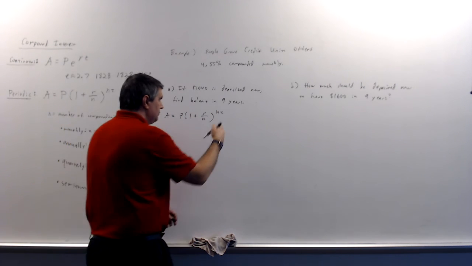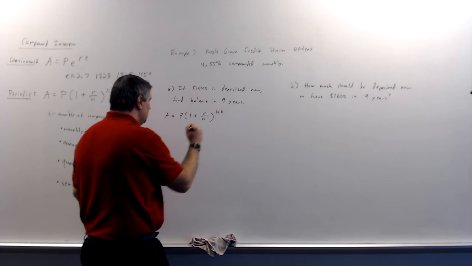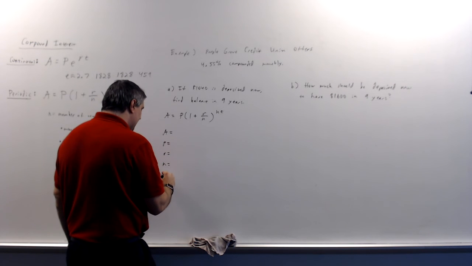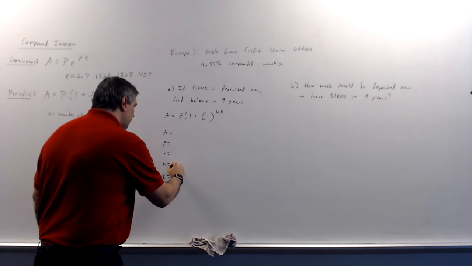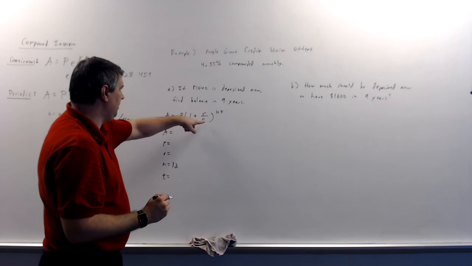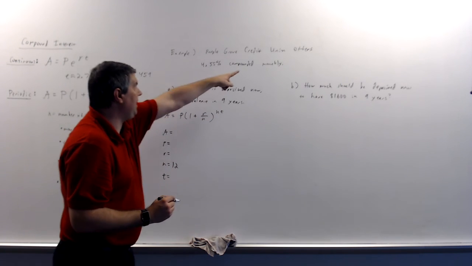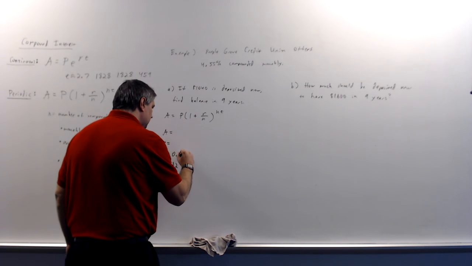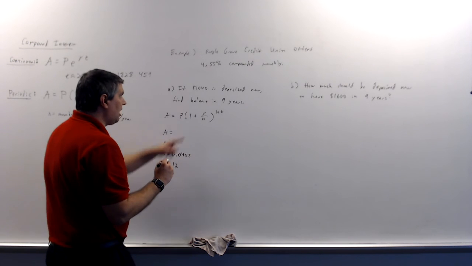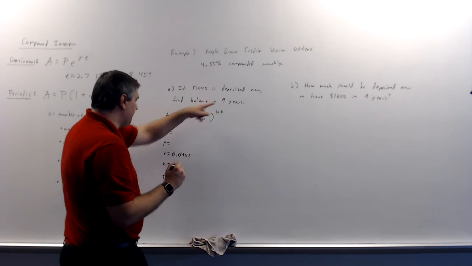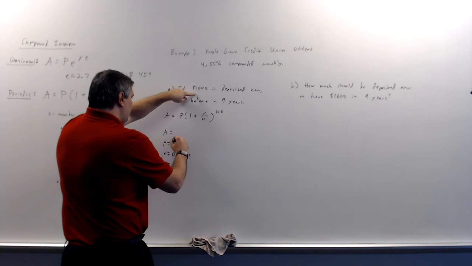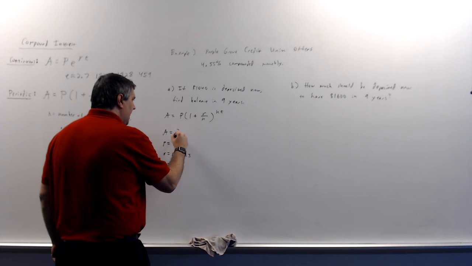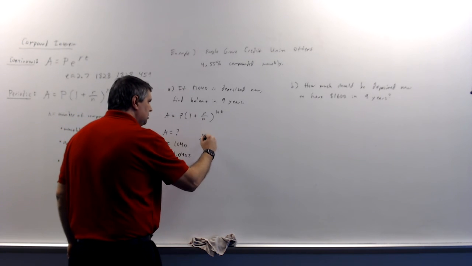So A equals, P equals, R equals, N equals, and T equals. N is 12. It's compounded monthly. The rate is 0.0455. Time is 9 years, and we're starting with 1,040. We don't know what the accumulated value will be in 9 years. That's the question. So A equals